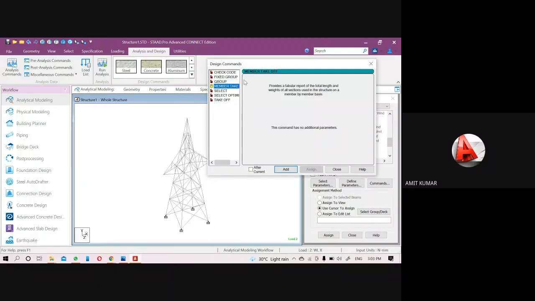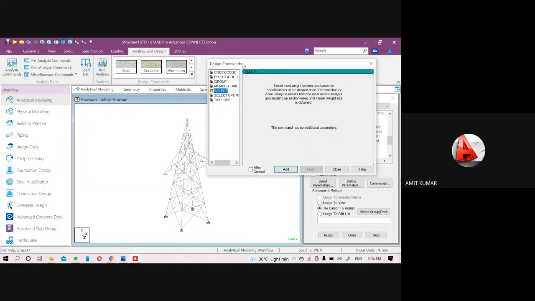Like if there is ISLB 100, ISHB 500, then the total length of the ISHB and what is the weight of these things. So through the member takeoff we will get more details. Okay, so I will pick the member takeoff here, then select optimize.